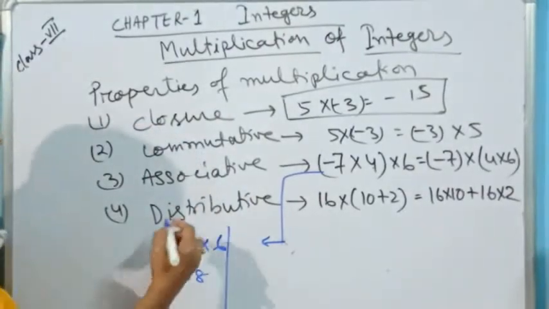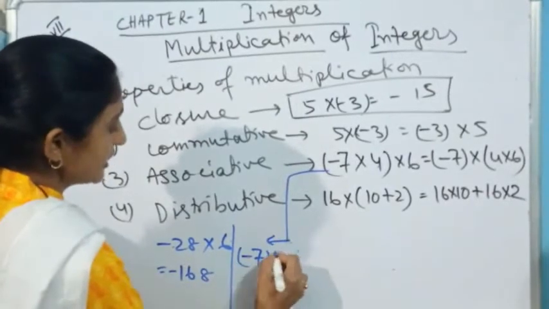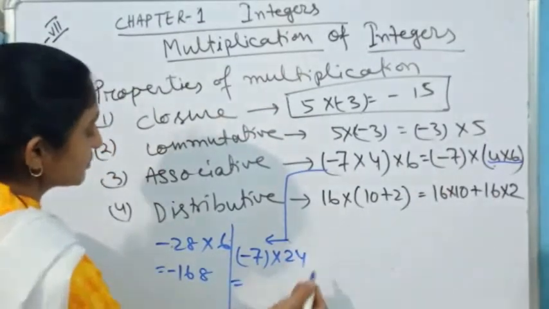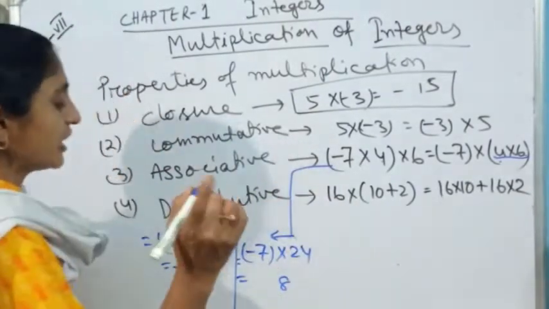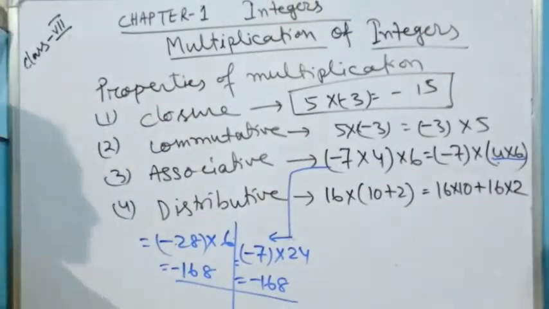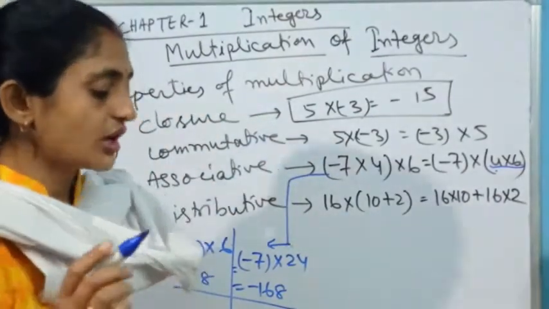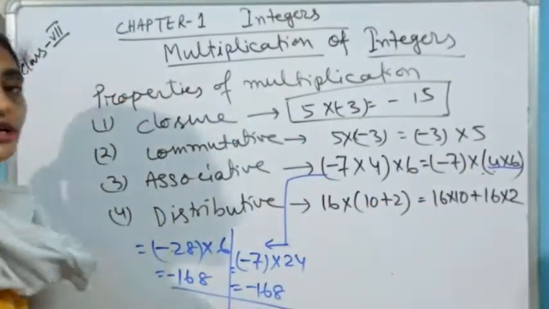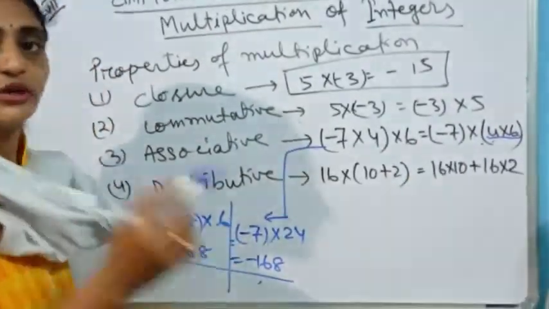Okay, this is the left hand side. Now let's check the right hand side. The first part is -7, and the product of these two, 4 6s are, what will you get? That is equal to 24. Let's multiply it again. 7 4s are 28, carry 2, 7 2s are 14 plus 2 is 16, and the sign is minus. See, in both cases the result you are getting is the same. That means integers come under the associative property. If we change the grouping, we get the same result. There will be no change in the result. You can take any integers and verify this.